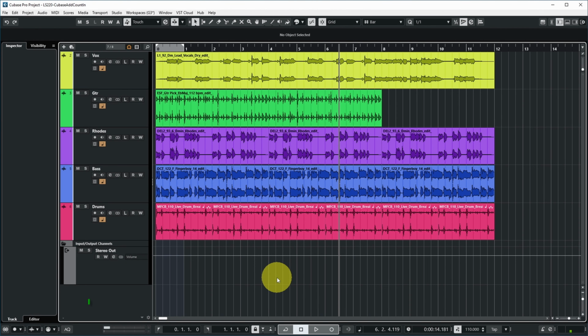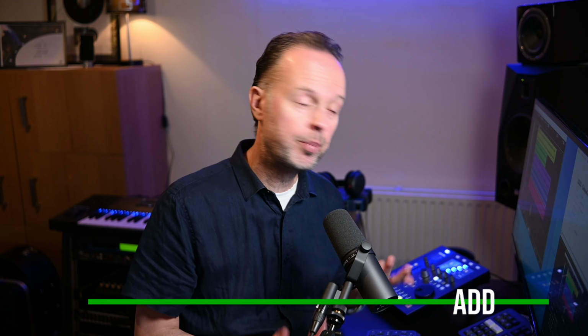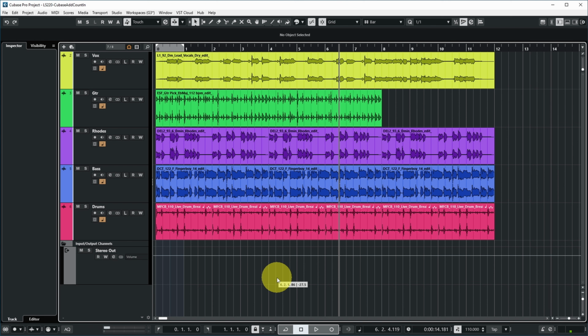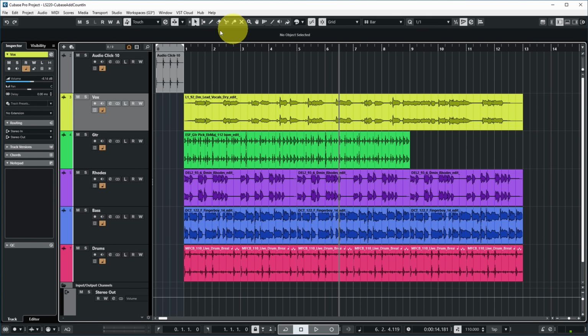So this is the example project that I was using for this. And in that first video, I basically ended up with a macro Ctrl-Shift-Alt-C to add a count in, which results in the following changes. It basically adds an audio click track at the beginning of my project, and the length of that inserted click is determined by how I set my locators. I had them set to 1 bar, so it inserted an audio click for 1 bar. So all very simple, and it's actually the way that I prefer, but there's another native way in Cubase to